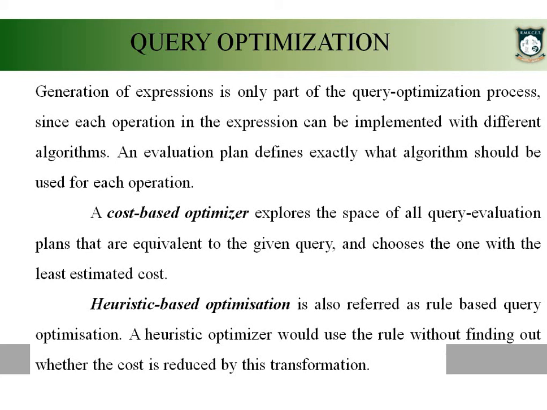Now cost based means we have to evaluate the cost, how many times it is accessing the disk, how much memory it is using. Like that, you will be evaluating the cost for each expression. Now after computing the cost, whichever expression's cost is lesser, that we will choose as the final one. Such an approach is what is referred to as cost based optimization. The next one is rule based. There are certain predefined rules available. So using those rules, we will choose the appropriate one.